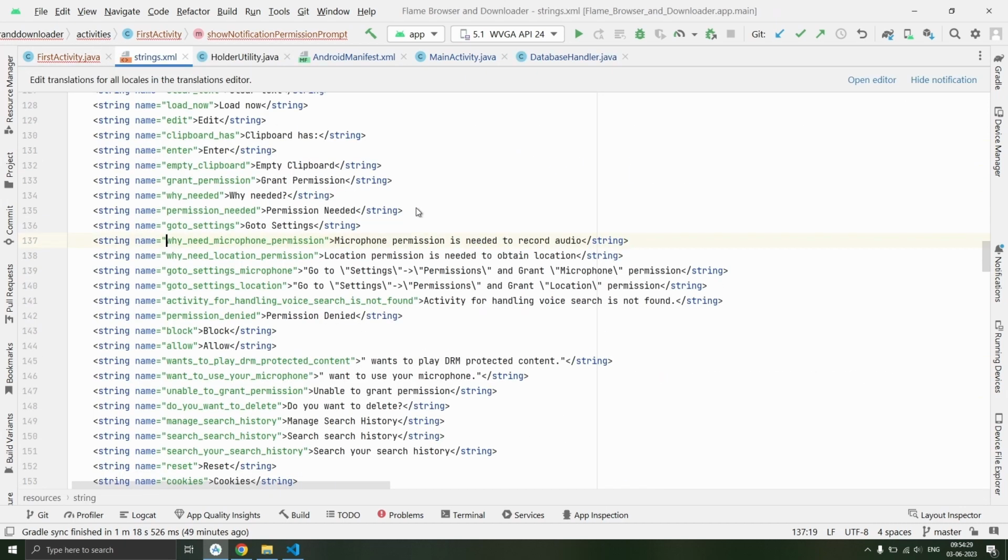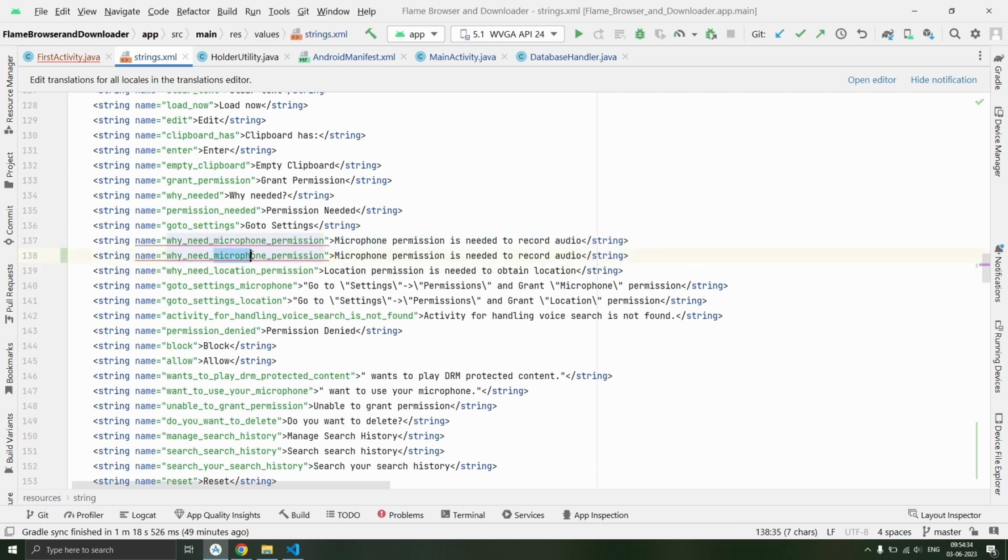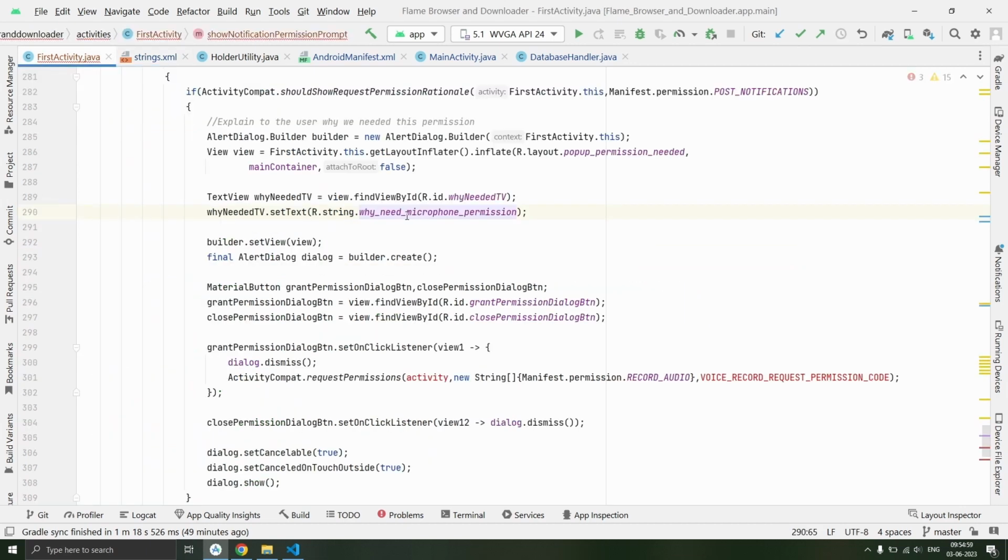Then we will create one string resource, why need notification permission, and we will define it as: notification permission is needed to show download related notifications of downloader, and we will use that over here, why need notification permission,